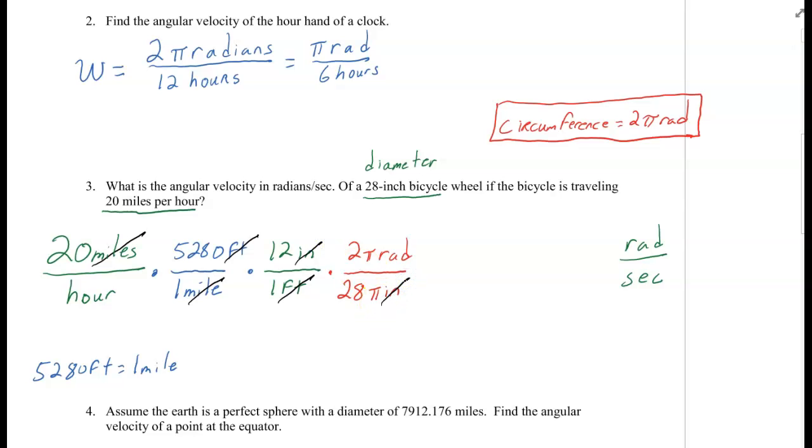So now I need to convert the hours to seconds. So I'm going to again creatively multiply by 1. We know that 1 hour is 60 minutes. We also know that 1 minute is 60 seconds. So if I were to look at this, the hours reduce,